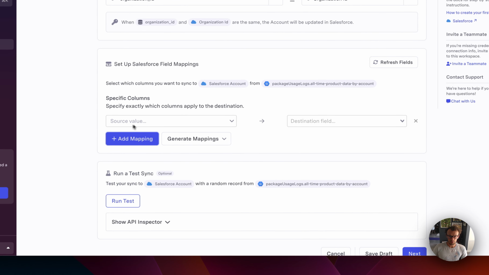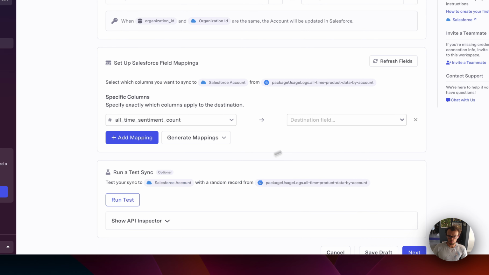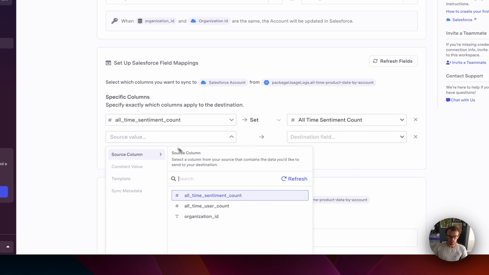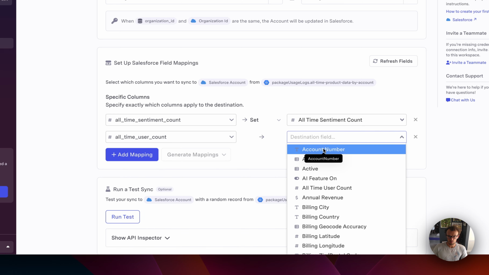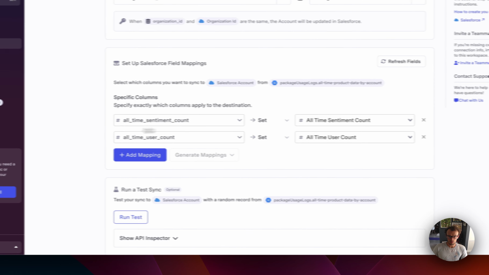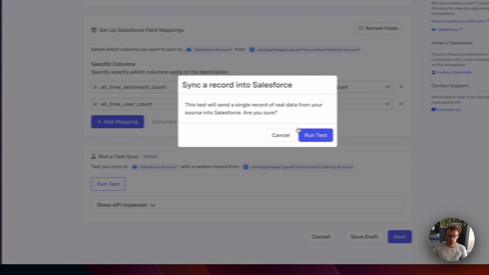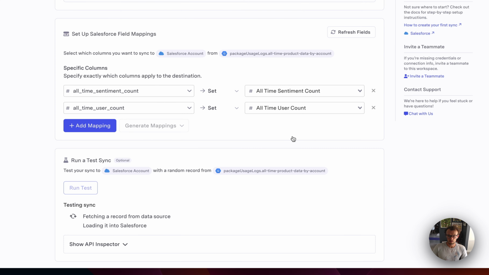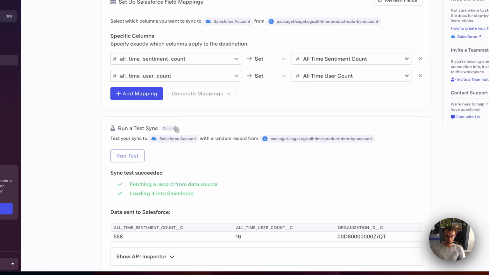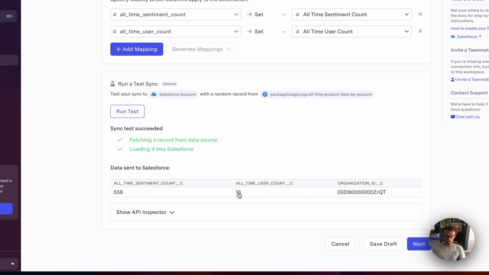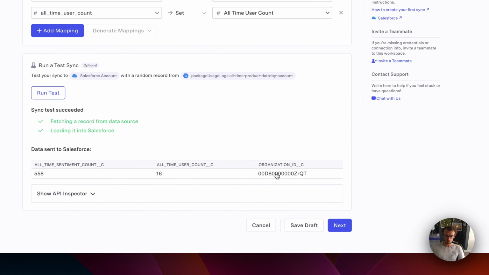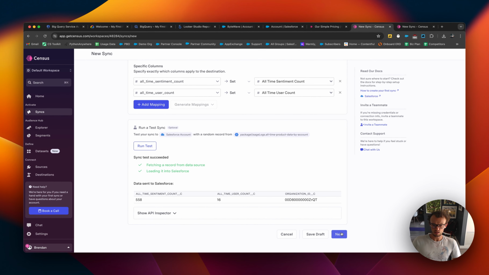Now let's add the mappings. So all-time sentiment count is going to match to all-time sentiment count, and all-time user count is going to map to all-time user count. Now let's run a test. Okay, so it looks like it worked for this one record here. Now let's go ahead and click next and